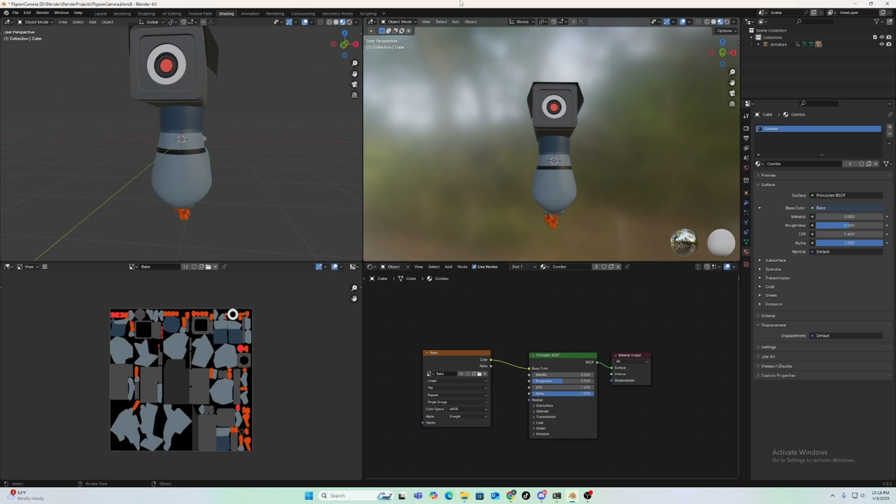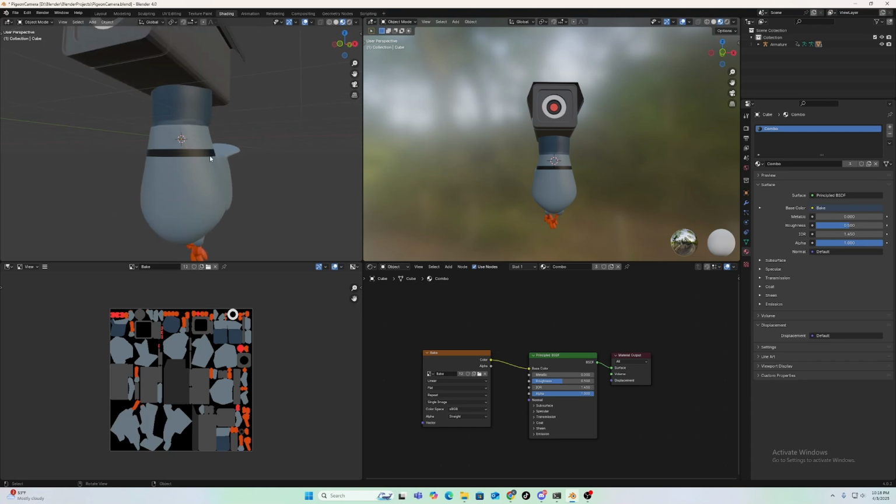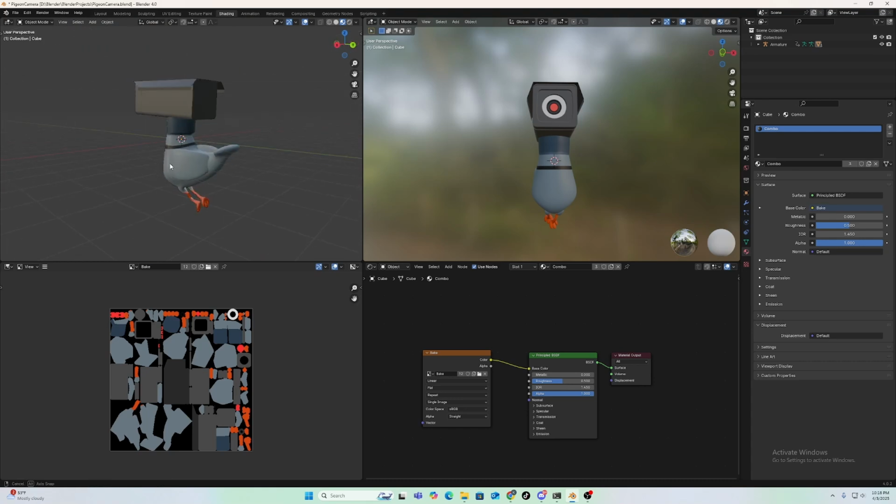Tutorial video. I usually don't do these, but this is something that I want to remind myself of, and I think this is something that I found really, really tedious. I spent like 2 days just iterating in and out on what was wrong with this little pigeon. But basically,